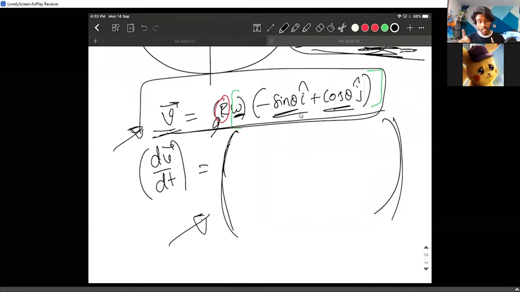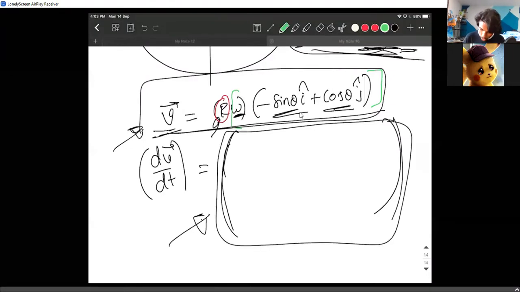And once you are clear, guys, I'm repeating this thing. If you are clear about whatever is there inside this box, your entire circular motion topic is over. You don't even have to prepare a bit anymore. The entire circular motion topic can be simply put inside this box if only you differentiate velocity. You will get some really good insight out of this. Trust me, guys, I'm not doing it, I'm asking you to do it.